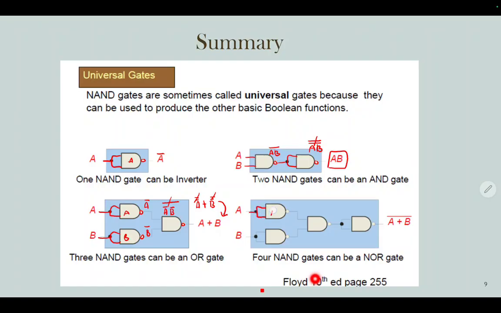For here you got A. This one you got B. So A bar here because of this bubble. Then B bar here. So here you got A bar, B bar, double bar. And then this one cancels off. You got A double bar plus B double bar. Then this double bar cancels off. And then coming in here, just left A plus B. And then you got a bubble here. So that's why you got A plus B bar all.